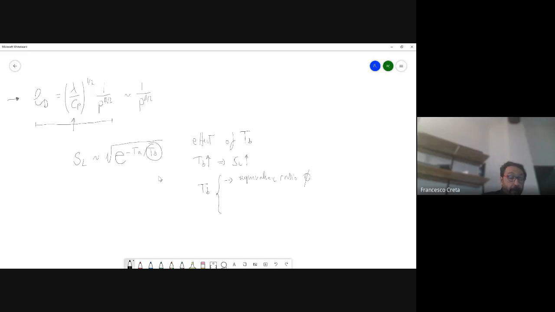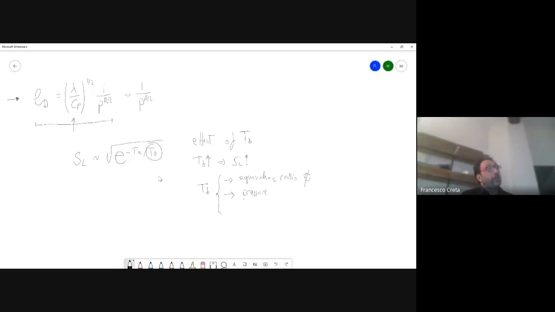Another dependence will be pressure. We've seen that pressure plays a role in thermodynamic equilibrium. And I'll tell you why. The main reason is that as you vary the pressure at which the equilibrium takes place, you will vary the amount of